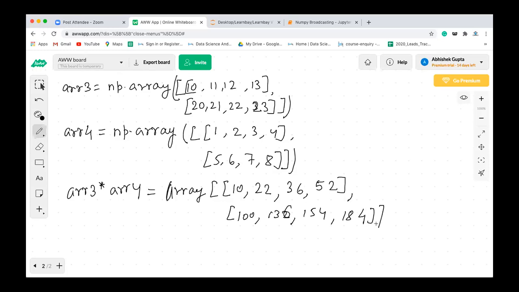Okay, now this is the multiplication, clear, on a two-dimensional array.